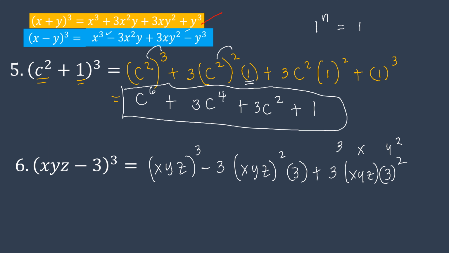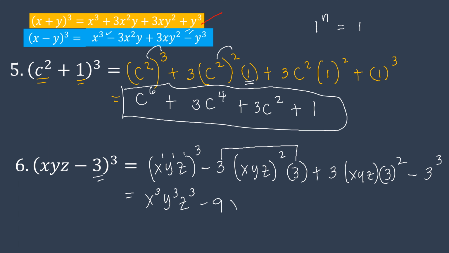Okay? And then, we're done with the third. And our last term will be, so it's negative. And our last term is 3. Then, we will cube the 3. So therefore, remember there are ones in the bases xyz. So 1 times 3 is 3. That will be z cubed. And therefore, the xyz to the power of 2. So this will become, but remember there is a 3 there. So 3 times 3, that will give us a 9. And this will be x squared, y squared, and then z squared, because the 2 will be distributed to the